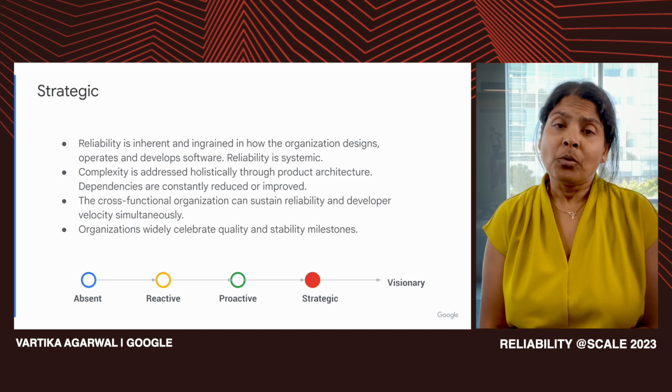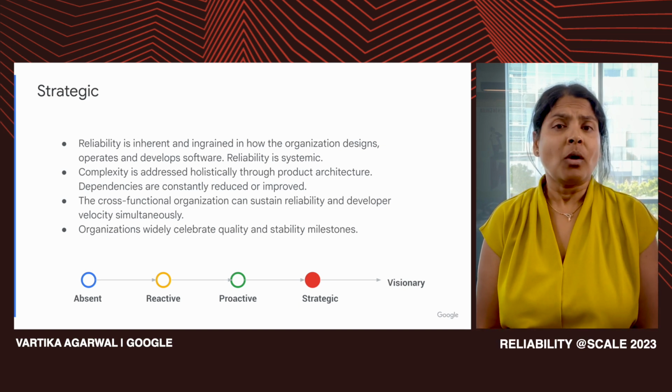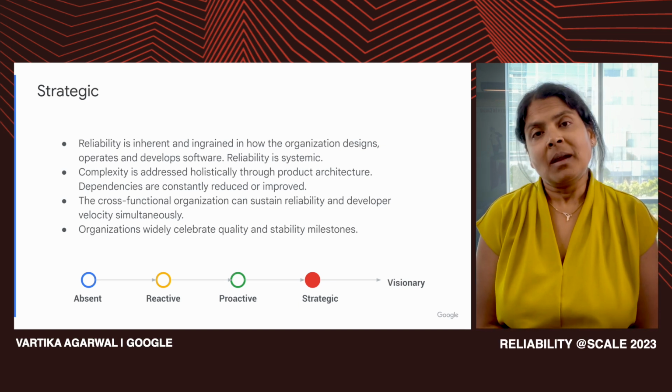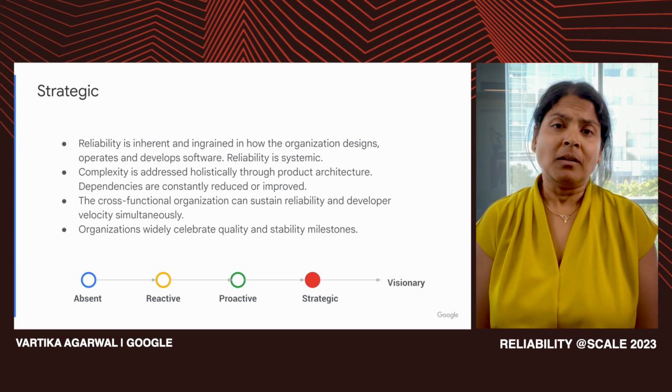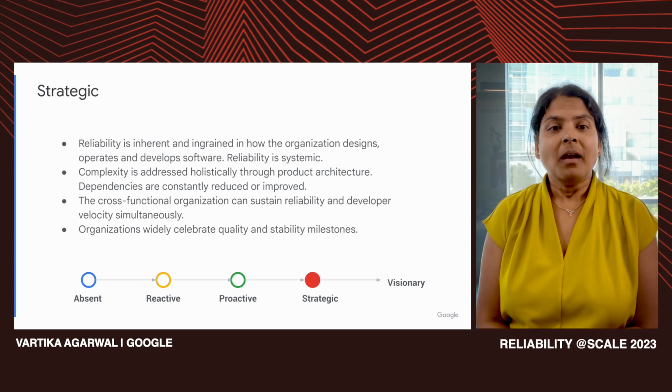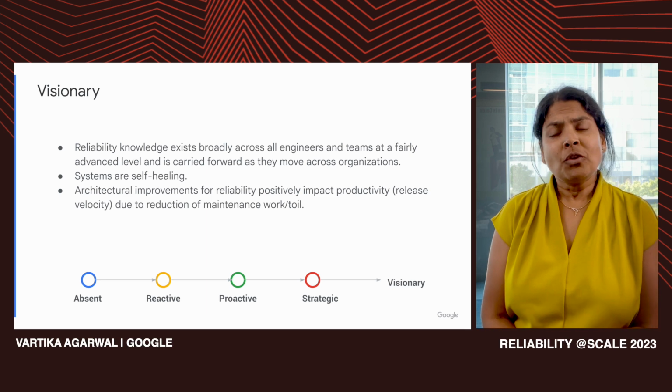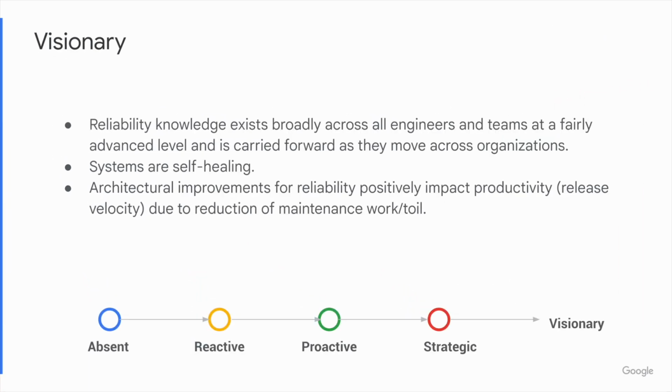This level is appropriate for products that want high availability, but again, as long as they keep the effort and the cost in mind. From here on, we move to the visionary state. This state is very hard to find, and that's because it's almost like a nirvana state. In this state, the systems start to become self-healing. Productivity, development velocity, and reliability start to go hand in hand.